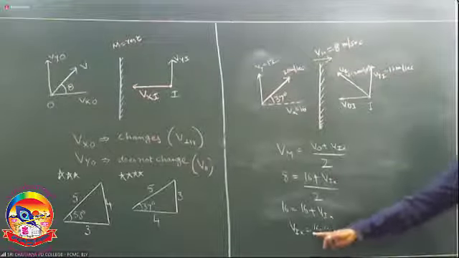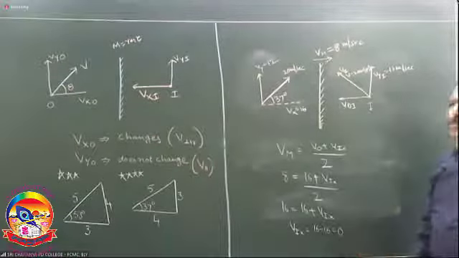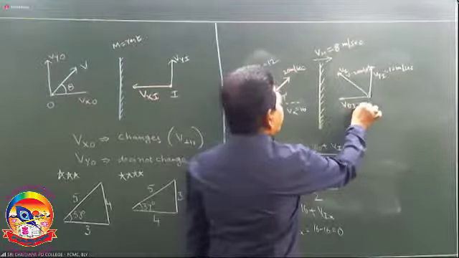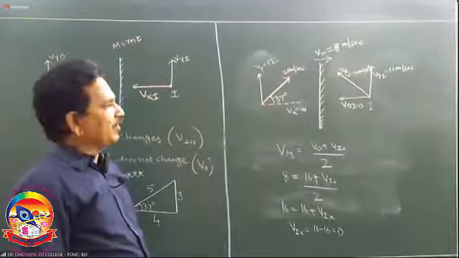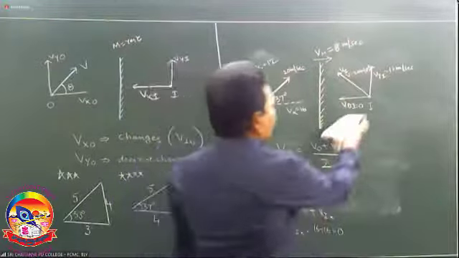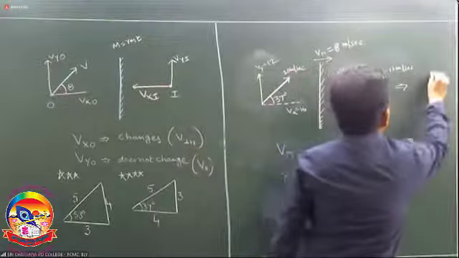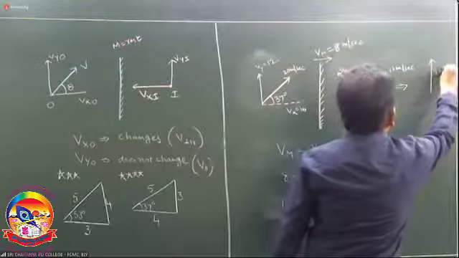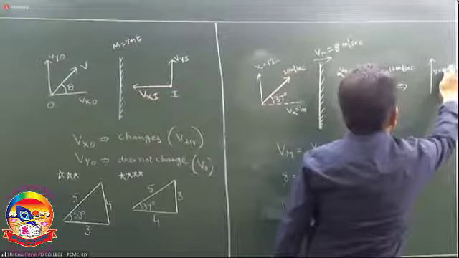But the velocity of the image along the x-axis becomes how much? 0. So here this is equal to 0. So what is the final answer? If it is equal to 0, no need to take it. Then it comes out that the image is moving only along the y-axis with a velocity of 12 meters per second.